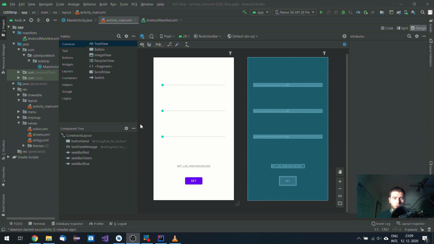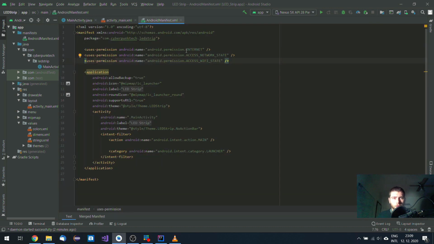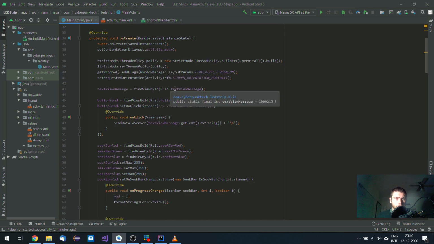So this Android application is quite simple. It contains only 3 SeekBars for the red, green and blue color, 1 text view and 1 button. And in this manifest file I just have these few permissions for the internet, the network state and Wi-Fi. And over here I simply